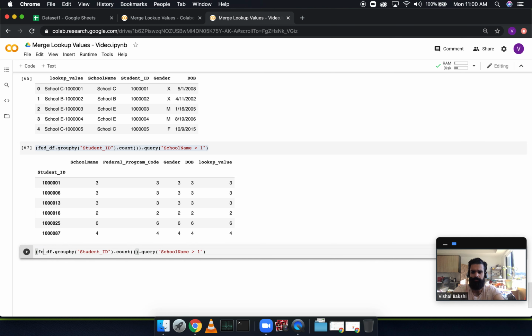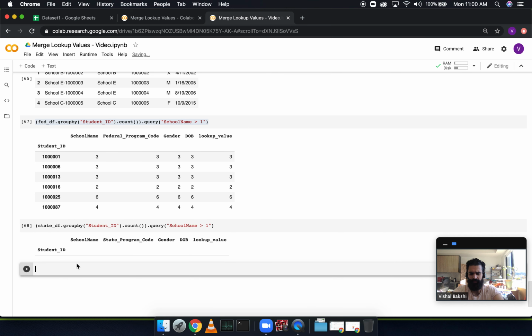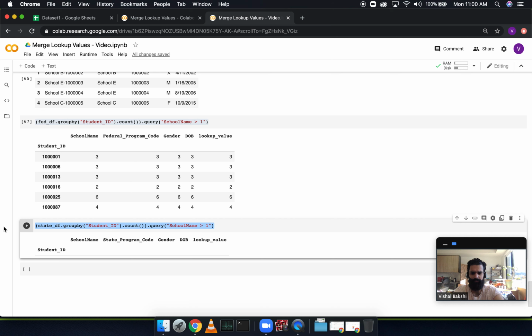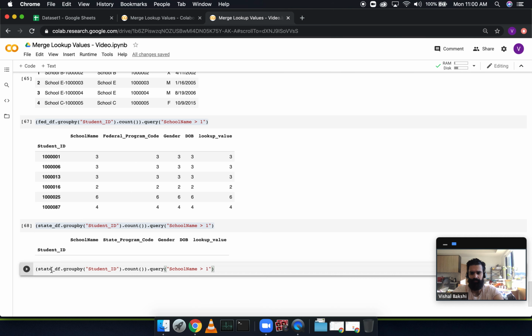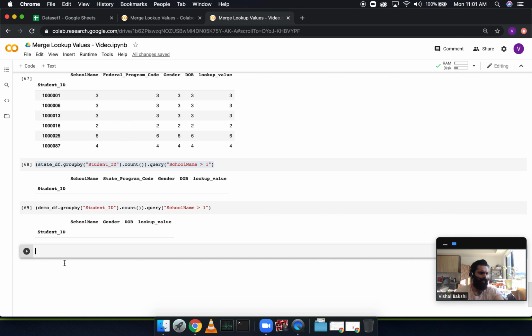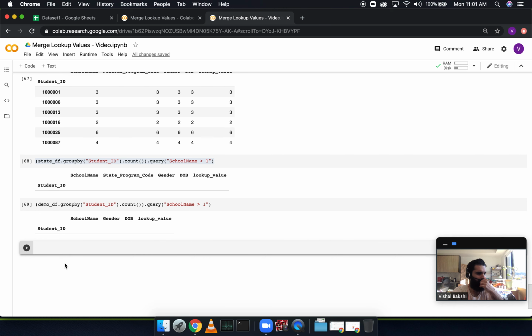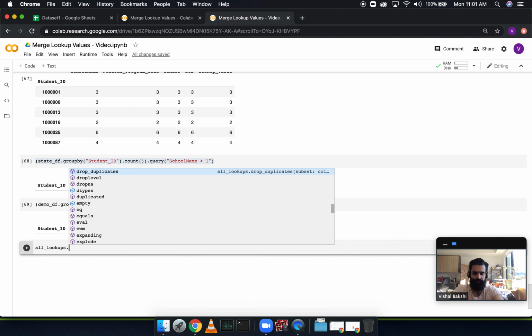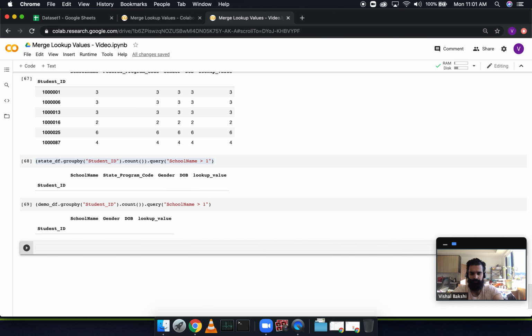I can do the same thing for state, and I think in this case there were no duplicates there. And then I can do the same thing for my original demographics, and I also think there were no duplicates there. Yeah. And then if I look at my all lookups, I'm going to actually run the same query on there, where I'm going to group by student ID,